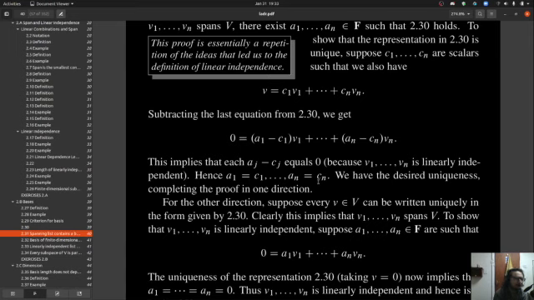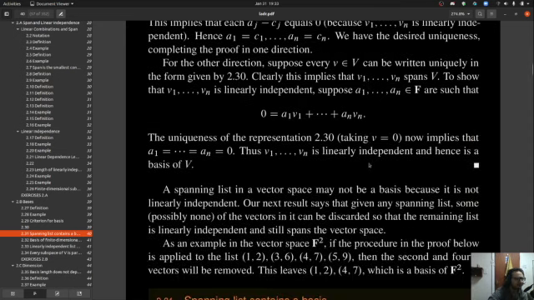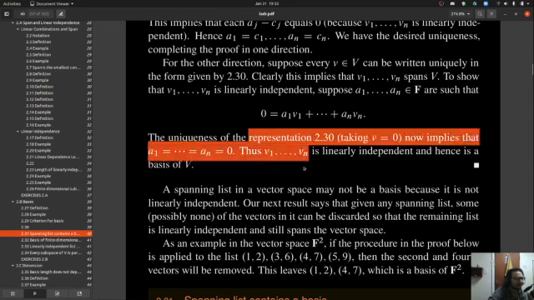For the other direction, suppose that every v in V can be written uniquely in the form given by 2.30. Clearly, this implies that v1 through vn spans V. To show that v1 through vn is linearly independent, suppose a1 through an are in F such that the sum equals 0. The uniqueness of this representation now implies that